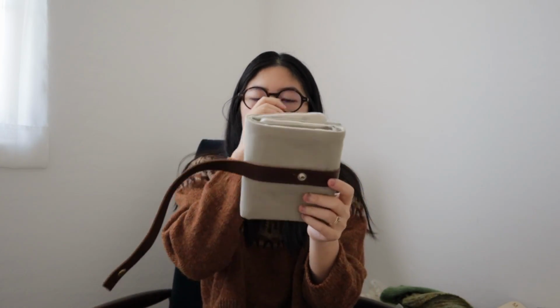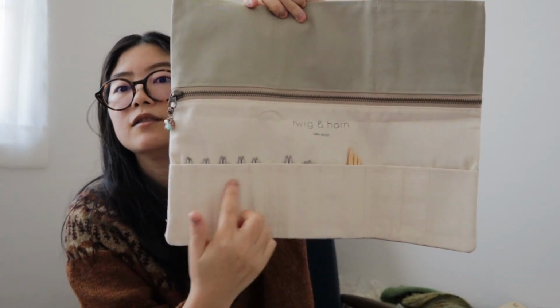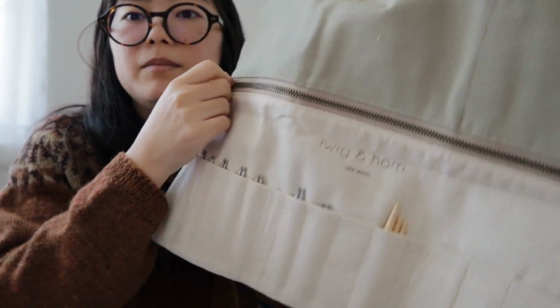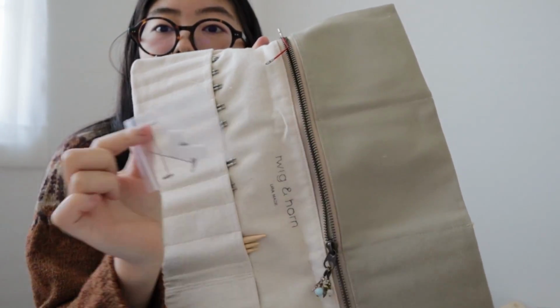It has a leather button clasp, and it's a tri-fold, so just open it up, and it looks like this on the inside. Again, I got the small set, so it's only half of it here, and I am planning to put in more needles as I need. And then it also has a little zipper here, so I keep my cables in here,